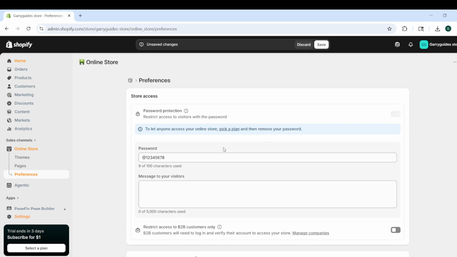Once you have changed the password, click Save. Saving is important because your new settings will not take effect until they are applied. After you save, your storefront will be protected with the updated password, and visitors will see the password page instead